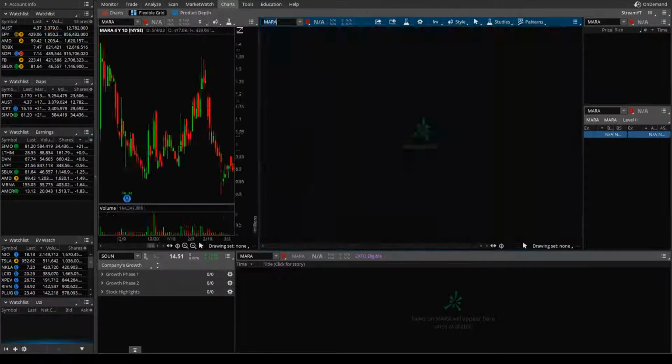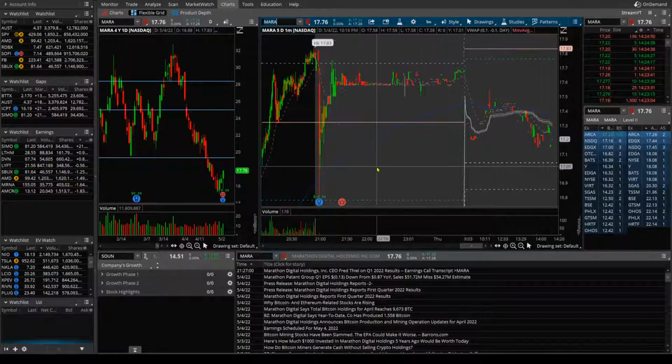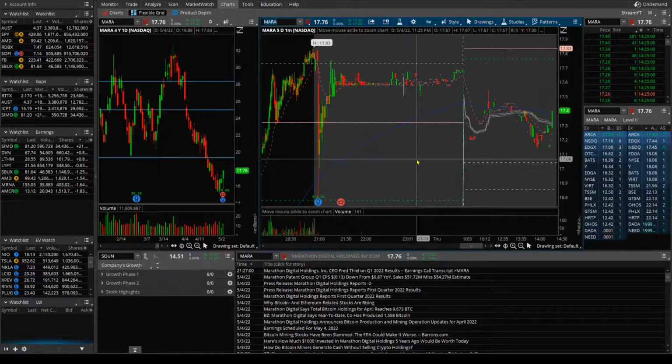Mara. Okay, let's talk about Mara. The reason why I don't trade Mara that much is purely related to Bitcoin. It's got a strong correlation with Bitcoin. So if Bitcoin isn't in play, which these days it isn't, I just leave it alone. The idea basically is to find stocks. All of these watch lists that you have on here on the left side,